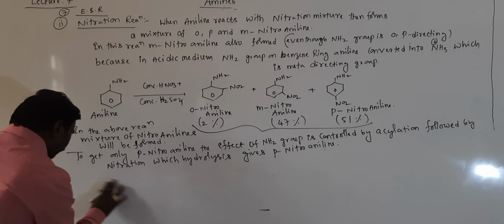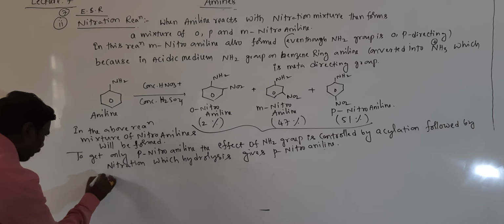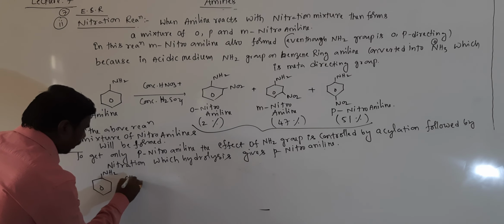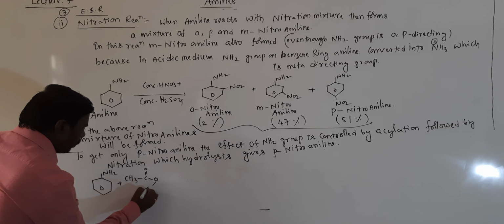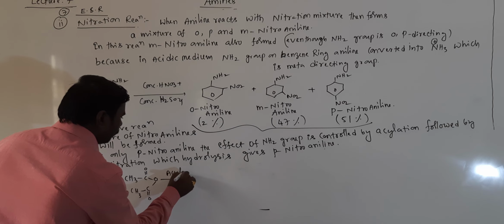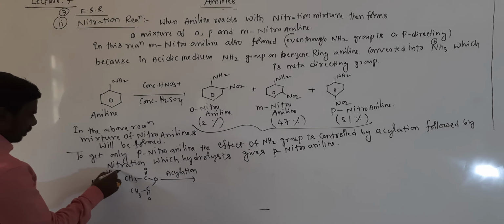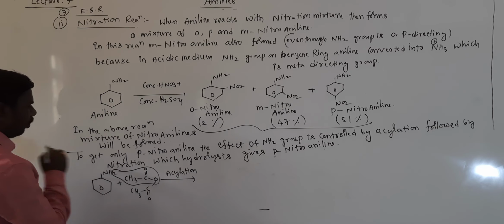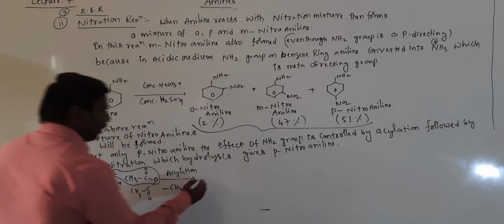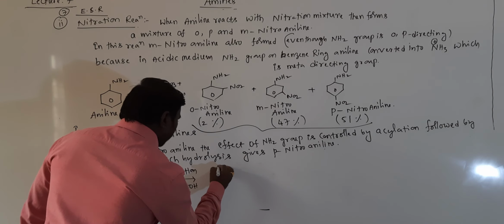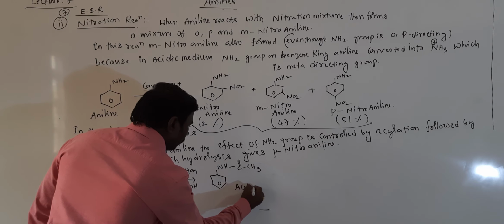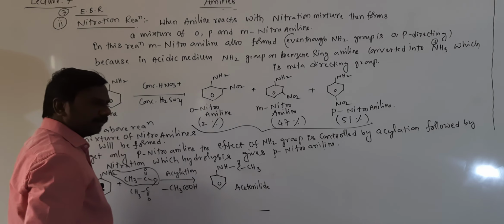Now, aniline it is, first of all, take aniline. The highly activating effect of the NH2 group is controlled by acylation with acetic anhydride, C double bond O, C double bond O, CH3. It is acylation, okay. This hydrogen and CH3COO group is eliminated as CH3COOH, then on the benzene ring, NH2 is modified as NHCOCH3, it is acetanilide.